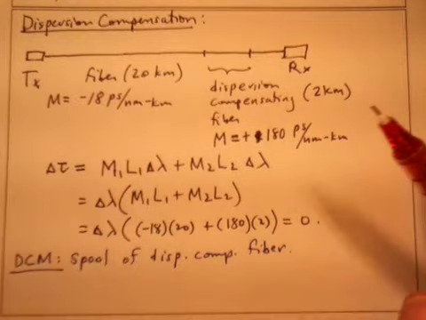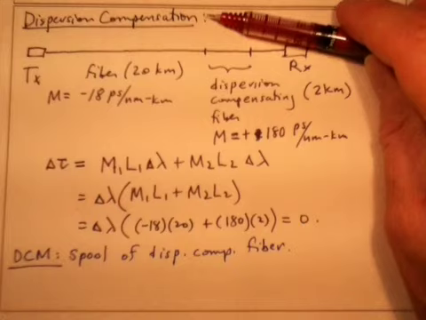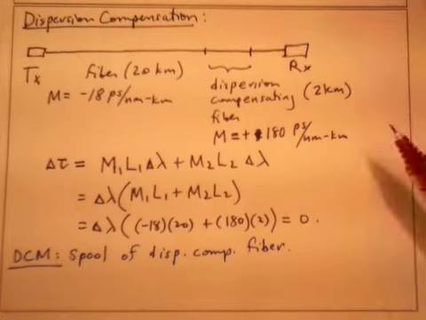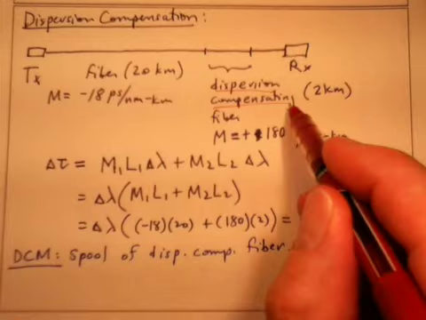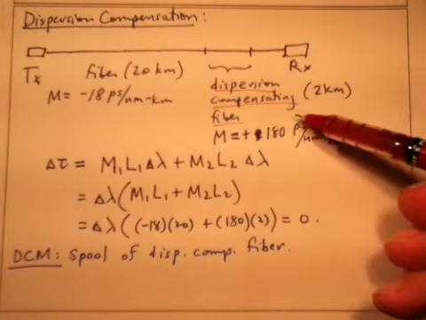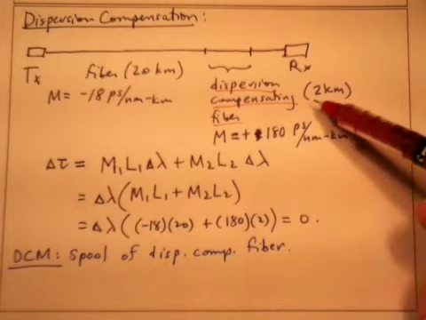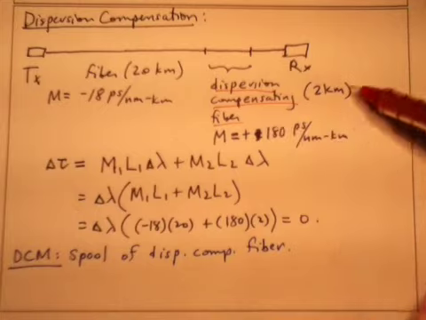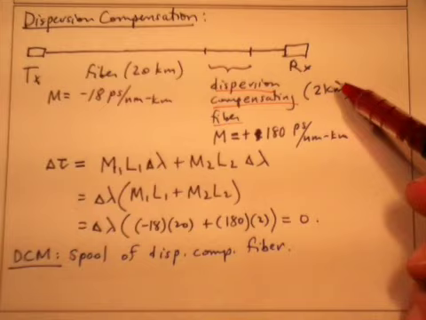Well, probably the most common way is to use dispersion compensation. And I've got a little example here to show you the idea. Basically, we can make what's called dispersion compensating fiber. And the way we do this is through tricks of waveguide design and index profile design and materials in the fiber. And we can make dispersion compensating fibers with very high